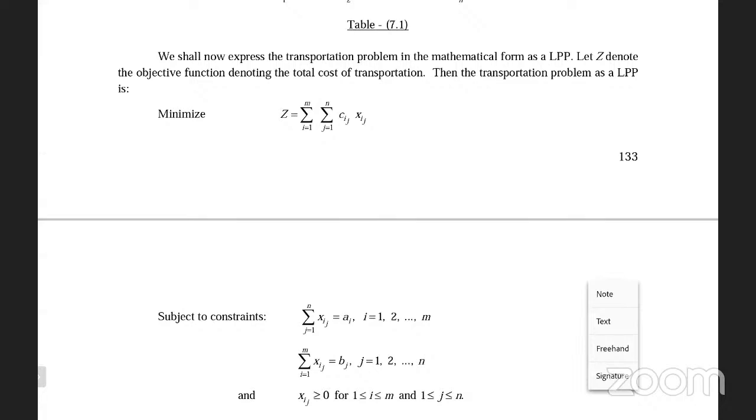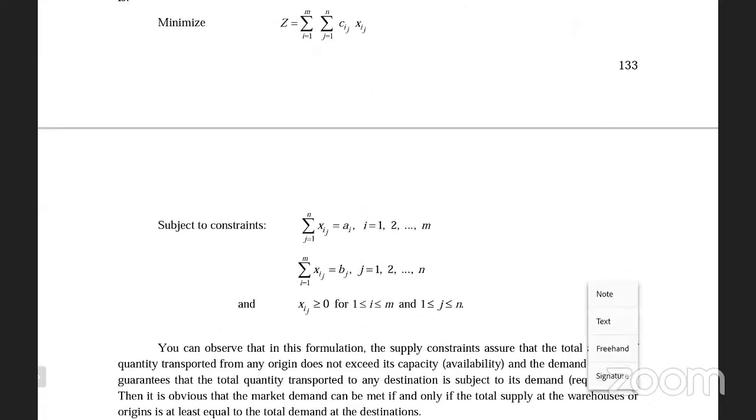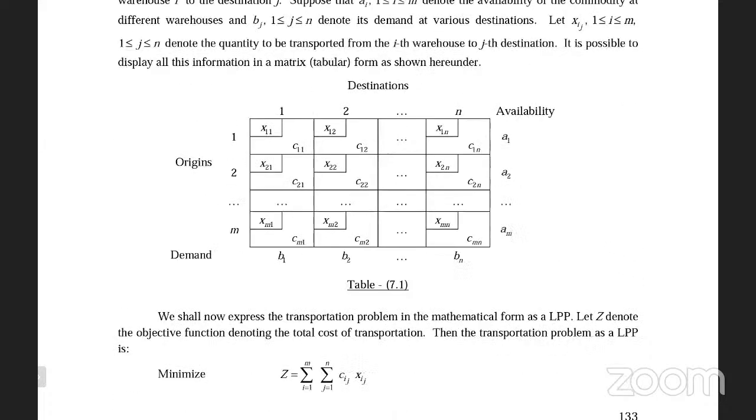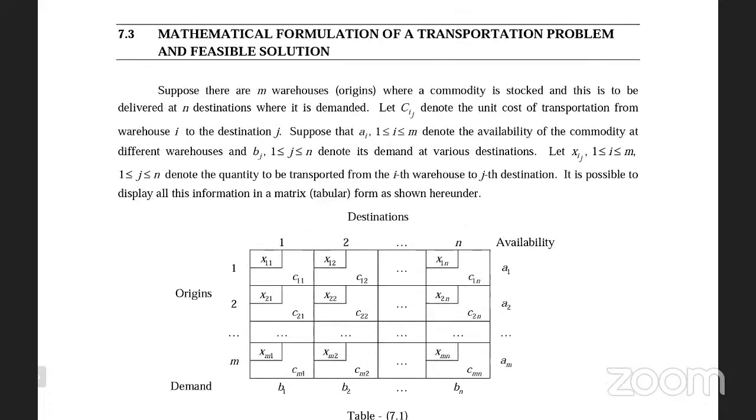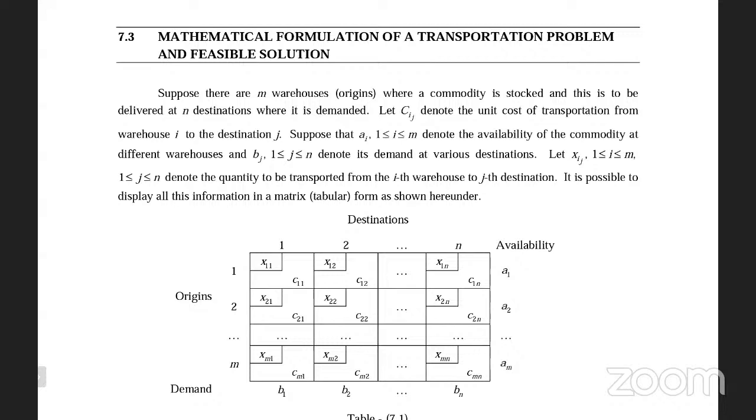Minimization subject to the constraints and restrictions, all xij must be greater than or equal to 0. These three conditions are satisfied. That is called the mathematical formulation of the transportation problem. Now, here generally, if we discuss the formulation of the transportation problem,